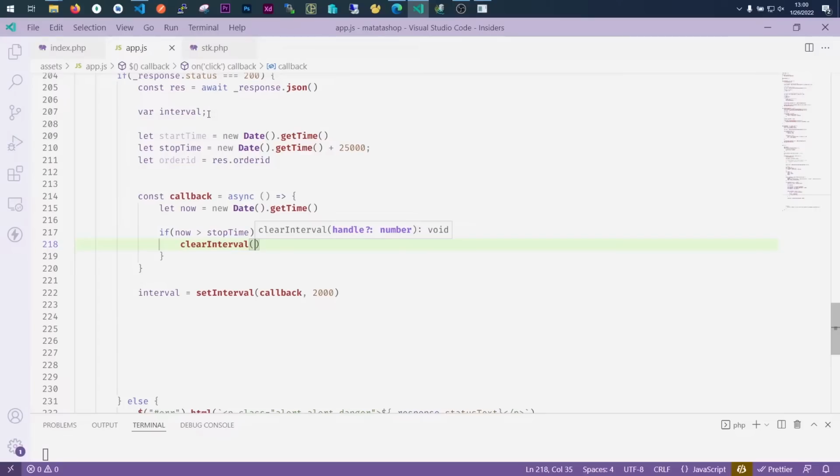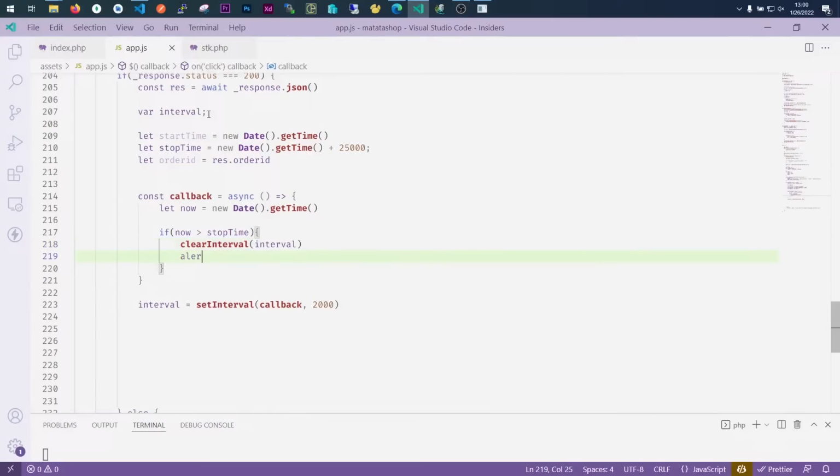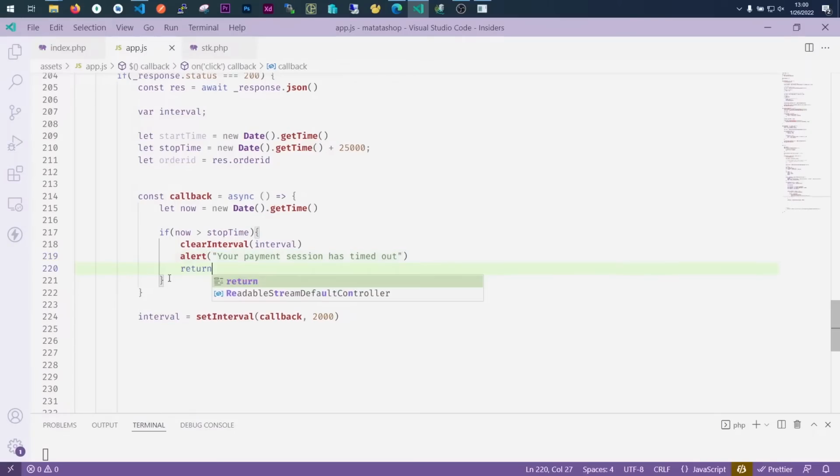Once we clear it, we can alert the customer that the session has timed out. Perfect. Now we exit that, no need of even proceeding. So that is if the timeout has been reached. Now, if the timeout has not been reached,